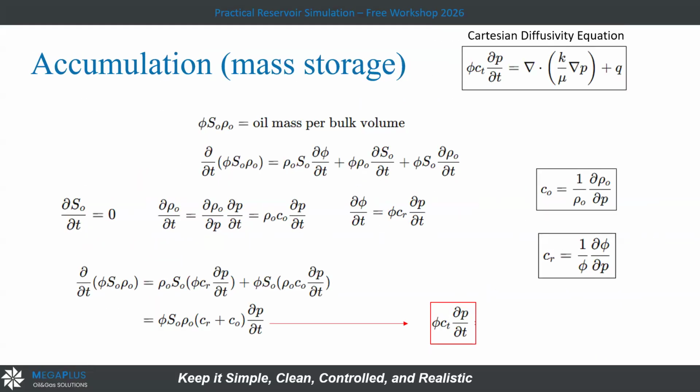in accumulation, the mass, or if I have a cell, the cell will be the volume multiplied by the density. It will be equal to mass. So what is the volume? The volume will be the volume of the cell multiplied by the saturation multiplied by the porosity that I inserted from the static model, multiplied by the density of the oil from the fluid properties that I will insert. Okay, so the difference in